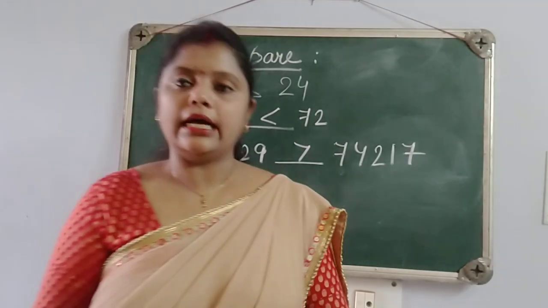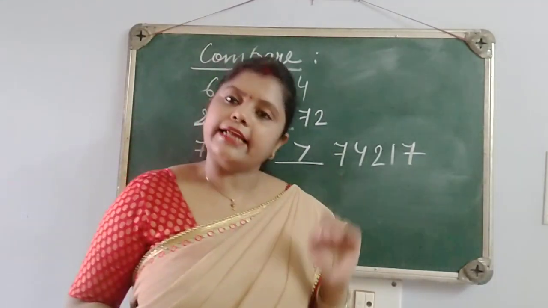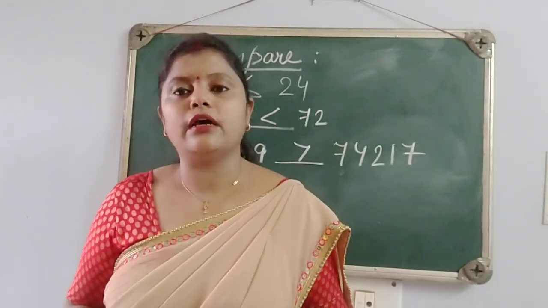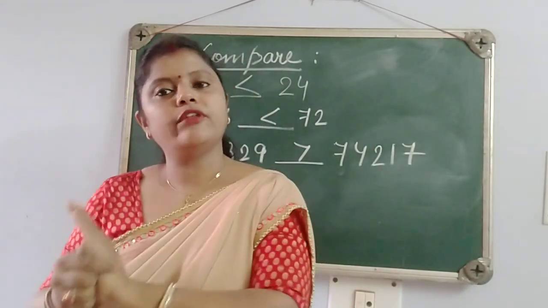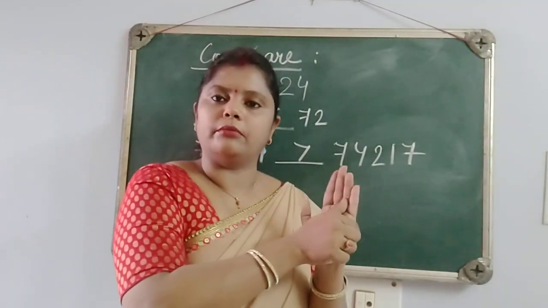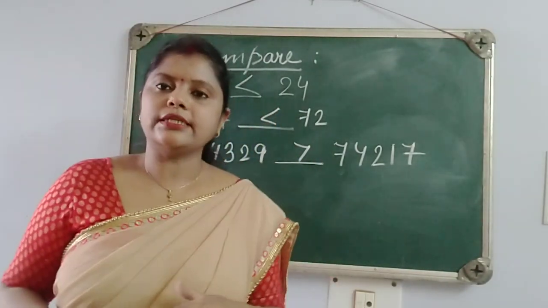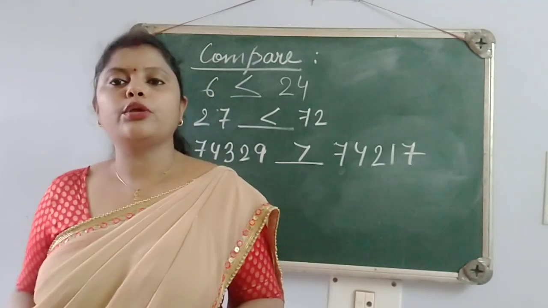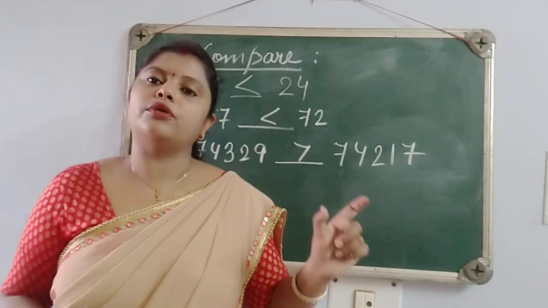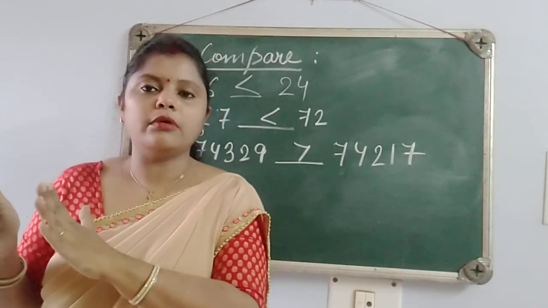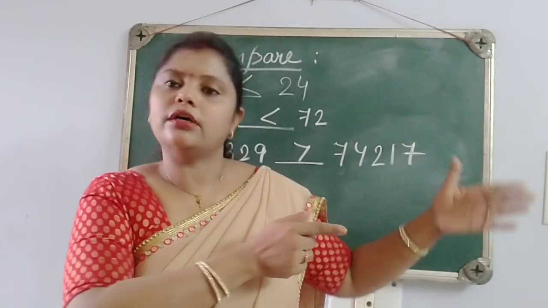As you have already done these things in standard 5 also, I'm just giving a small recapitulation. In ascending order, we have to arrange the numbers from smaller to bigger. The number which is the smallest will be written first, then it will move to the bigger numbers. Remember, that is ascending order. And the opposite case is descending order. That means you will first write the greatest number, and then move towards the smaller numbers. The greater number will be written first, then the next one, then the next one, and lastly we will reach the smallest one.